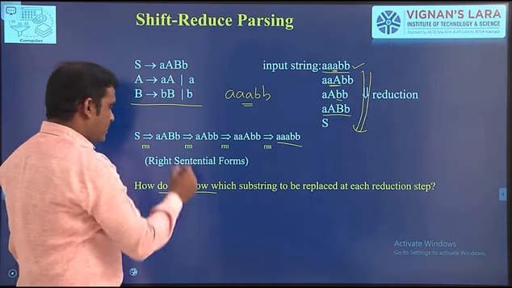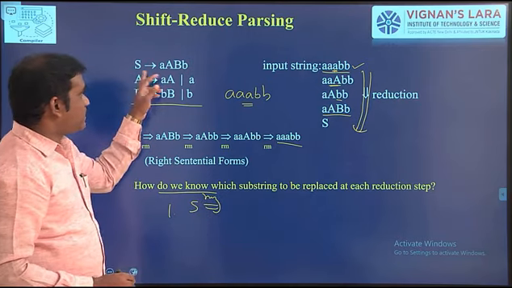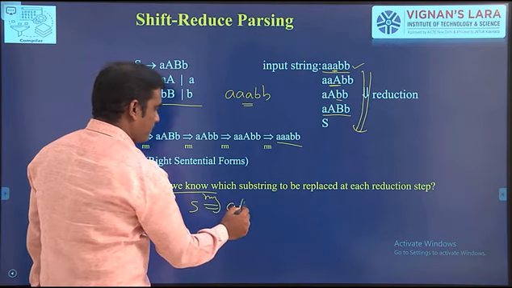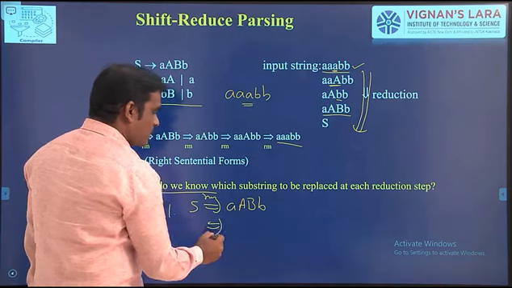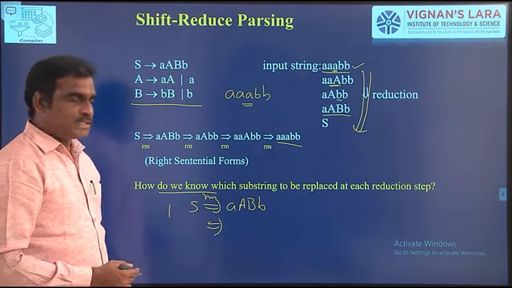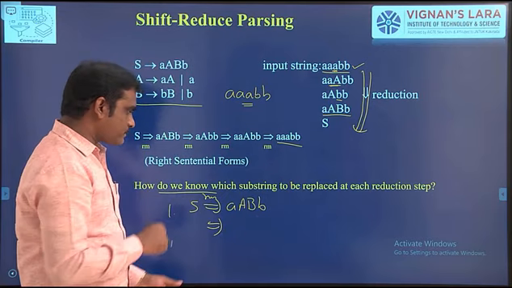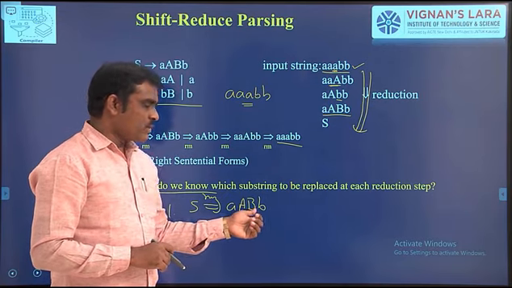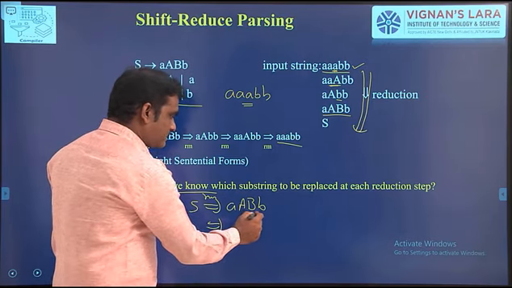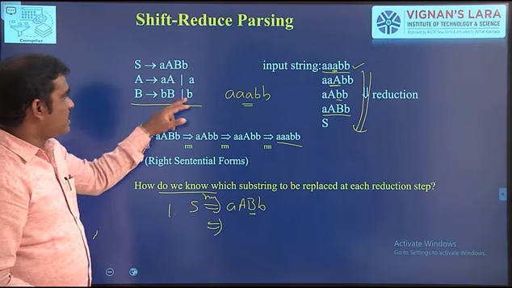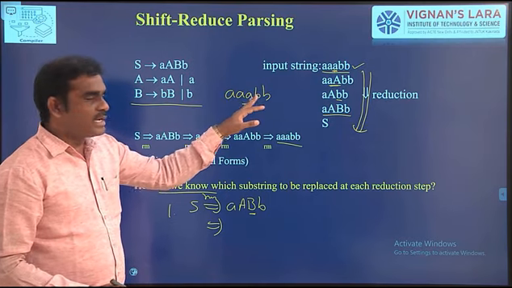So it starts with the starting symbol of the grammar. S derives, and S has only one option, that is AA, BB. The next one is the rightmost derivation. Rightmost derivation means in the right hand side of the derivation, find the rightmost non-terminal. Here we have a total of two non-terminal symbols: one is A and another one is B. The rightmost non-terminal is B. Now B is replaced with, we have two options, BB or b. I want to derive the input string aaa double b.